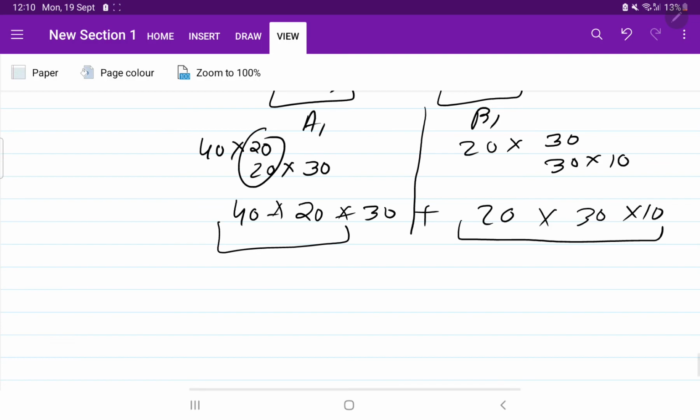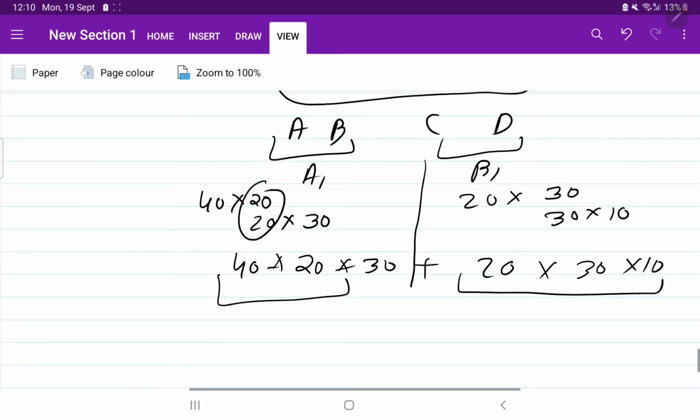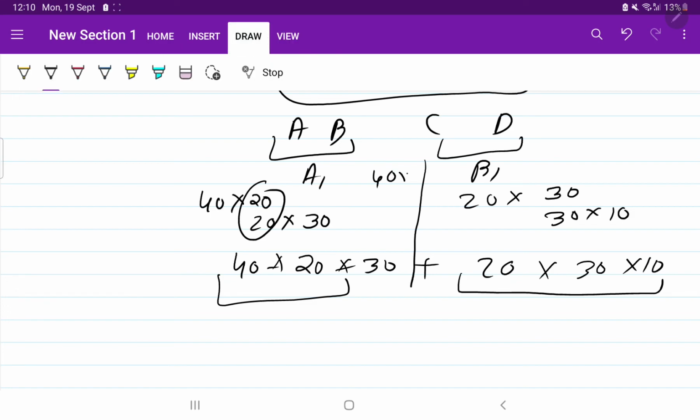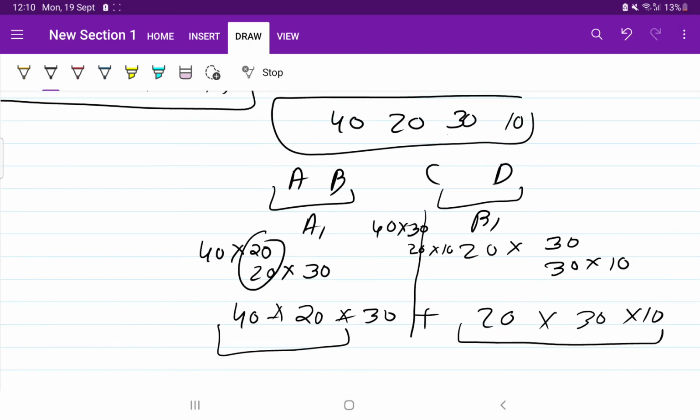Now what will be the final solution? Final solution, that what will be this 40 into 30 is going to be the matrix. Okay, 40 into 30, and here what will going to be matrix? 10 into 20 into 10. I think I done some mistake. I have randomly chosen the elements. Okay, C is going to be 20 into 10, 10 into, perfect.